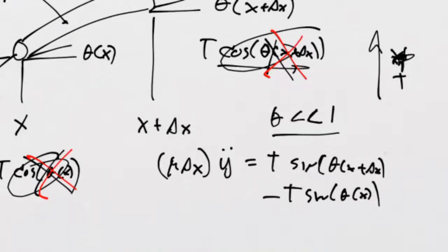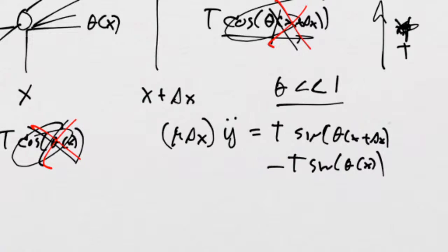And then what's the next step? The next step, I think, is you take out the T. Let's see, do I have the units? Do I have everything right here? This is a mass times an acceleration, and this side is a force. Okay, so we're good so far. Because what's going to happen is we're going to divide through by this delta x and form a